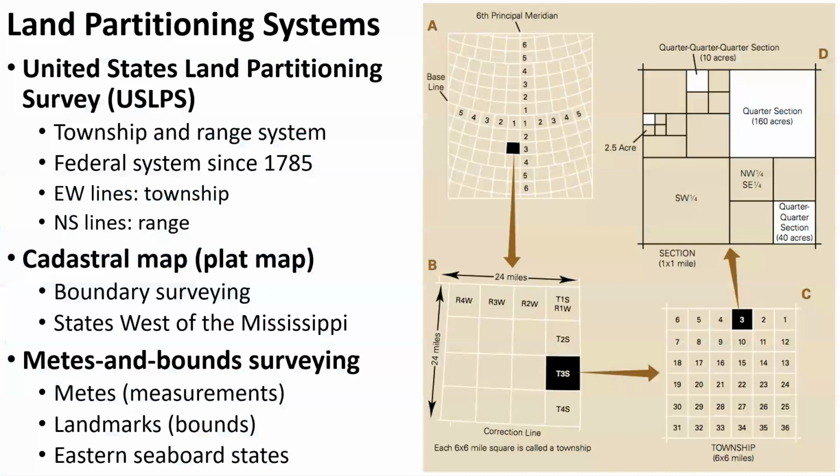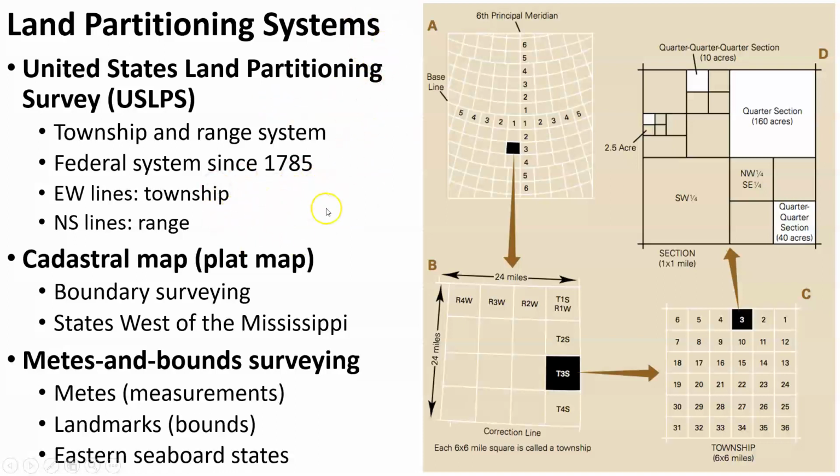One other land partitioning system that you might also run into is the U.S. Land Partitioning Survey, USLPS, often referred to as the Township and Range System. This is a federal system that was created since 1785, and its east-west lines are known as township, its north-south lines are known as range, and this is a much more common system that you're going to find in the East Coast, in the original